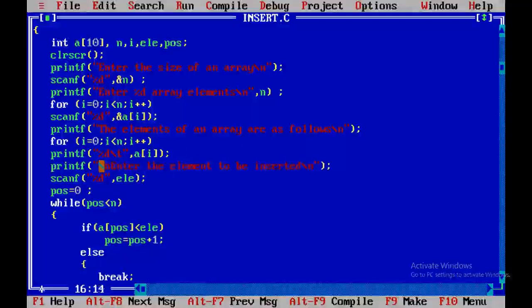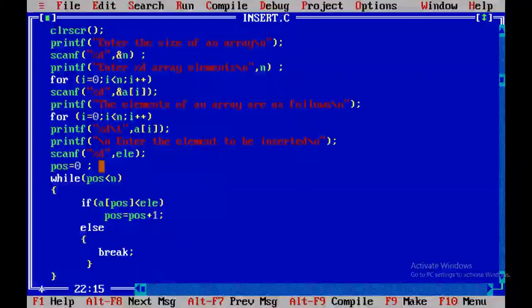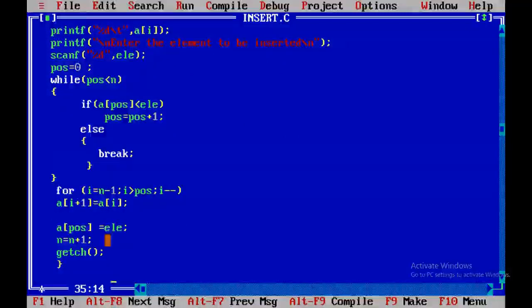This statement should come down, hence I'll include \n. And then I have to print the elements of an array, right?